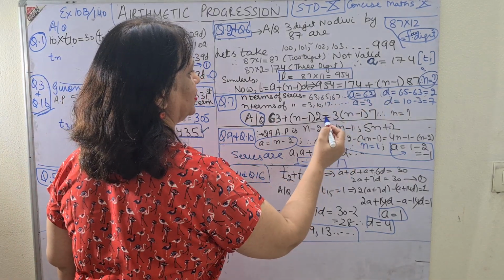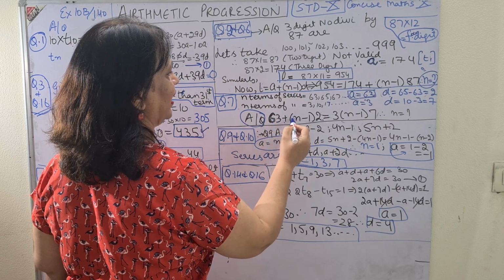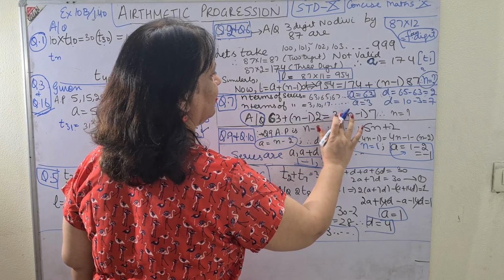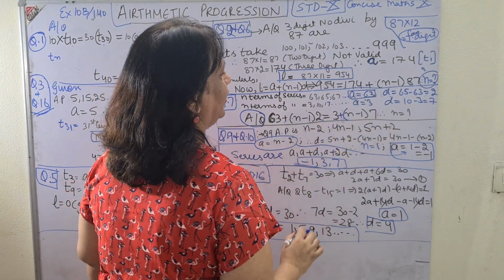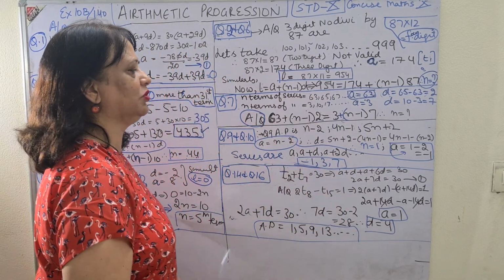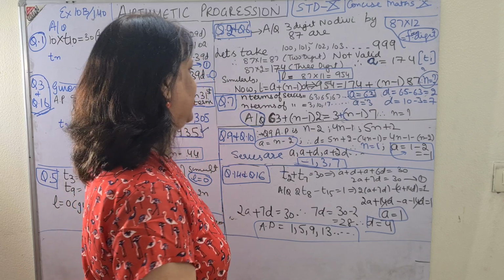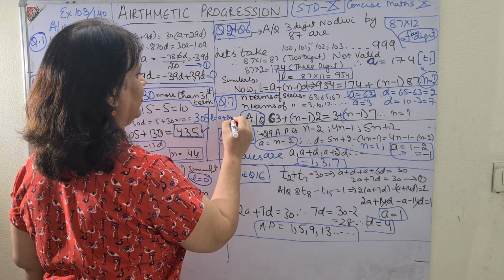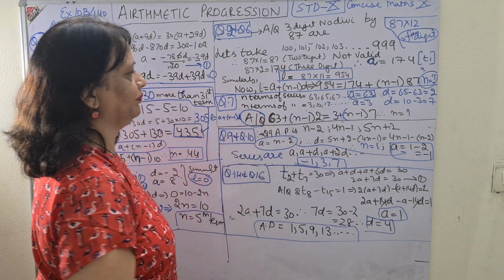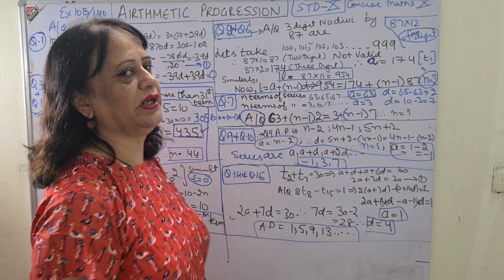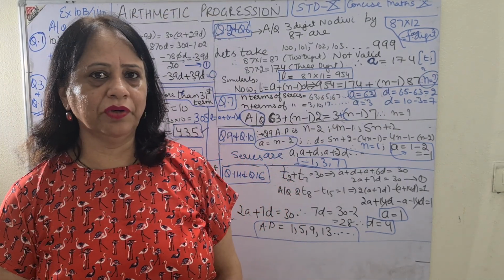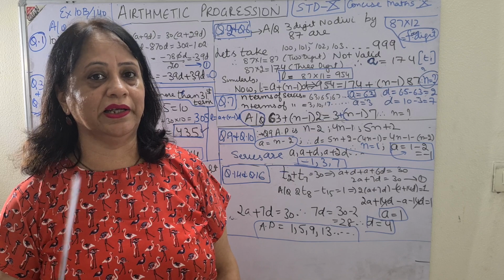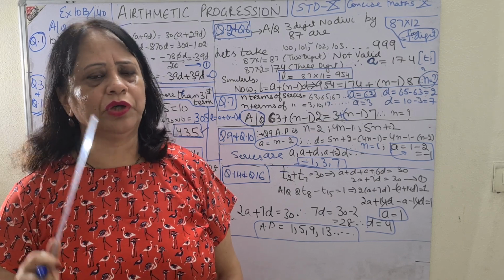First series equal to second series. I put the formula a plus (n minus 1) into d for the first series, equal to the second series a plus (n minus 1) into d, and next you have to find the value of n. The only thing is you have to equate the two series after putting the formula, and the formula you know is L is equal to a plus (n minus 1) into d. I have done it like this, and then you have to find yourself given the hint of the language. These types of questions I have already explained in exercise 10a. There was just a little difference in the language, so I made you understand.